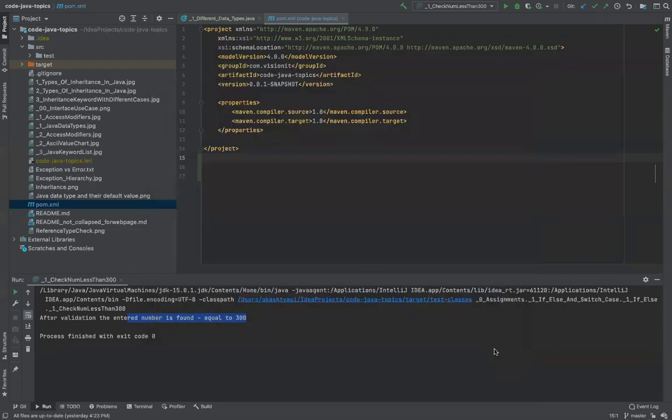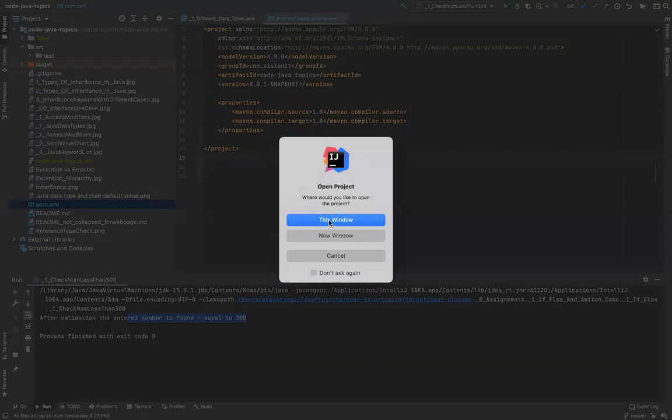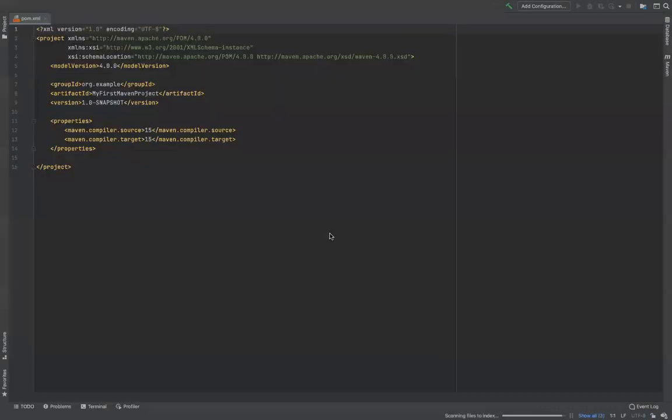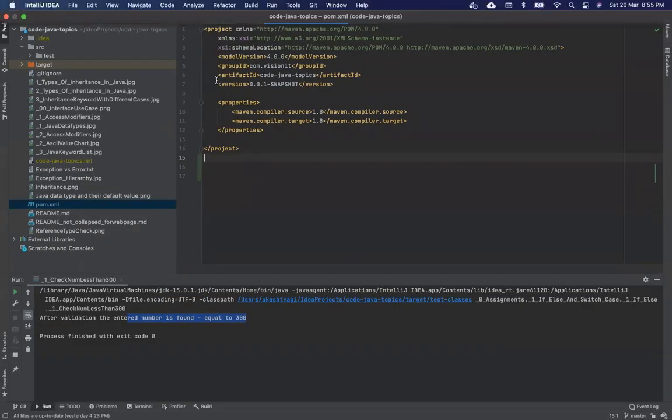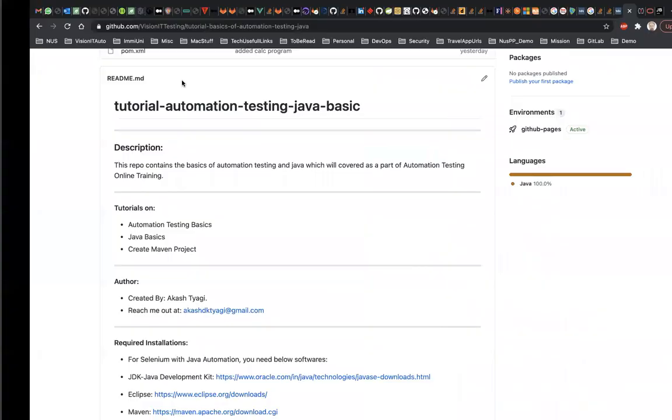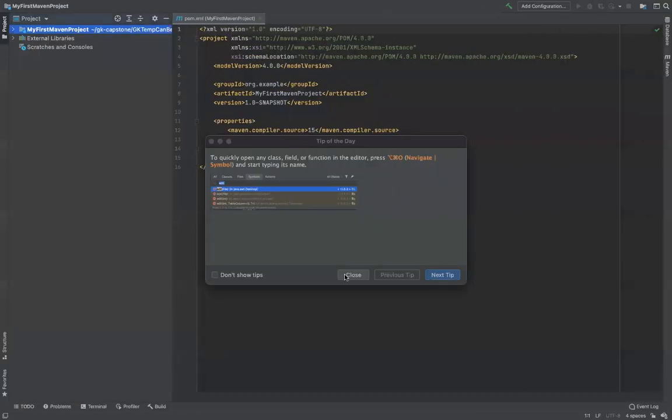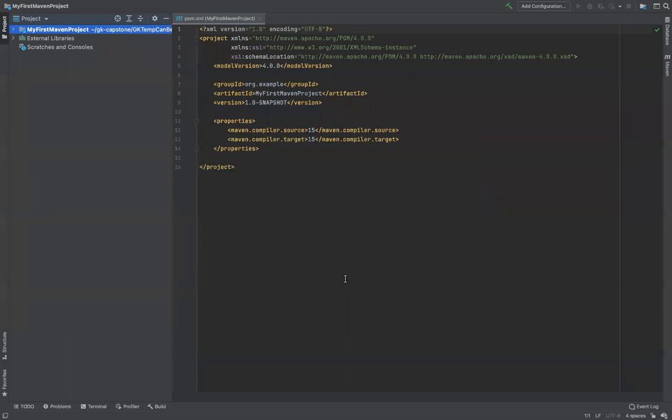Click on Finish. I'll click on New Window, so it can open multiple windows. This is one window which is already there, and then I have a new window here. In IntelliJ you can open multiple windows. You can do the same in Eclipse also, but I have opened this as a new window. If you're doing it for the first time, it will not give you that message, it will just open up the new project. Once I create the new project, a few files are automatically created.